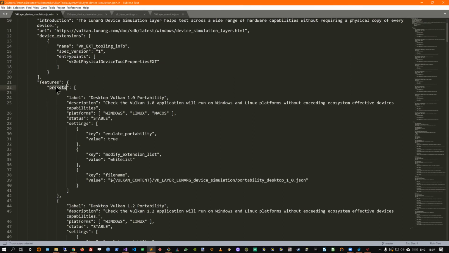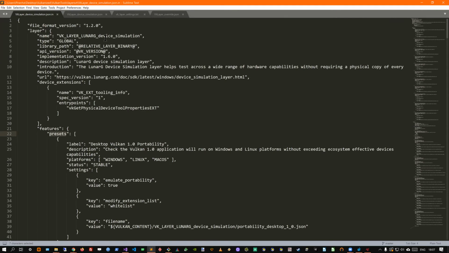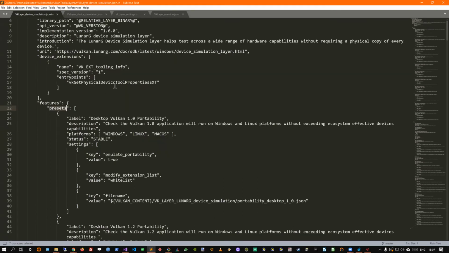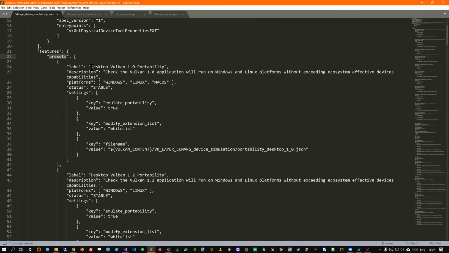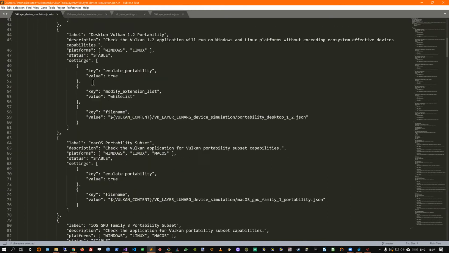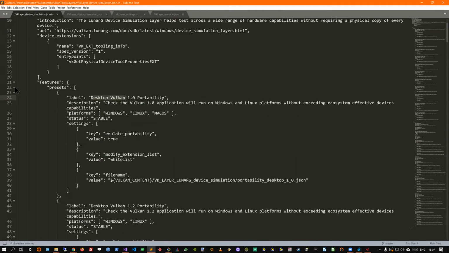There is one which is a preset. Basically, the layer developer of the device simulation layer thought it would be nice to have what we call a desktop Vulkan 1.1 portability preset. And there are other ones, but I'm not going to look at all of them.